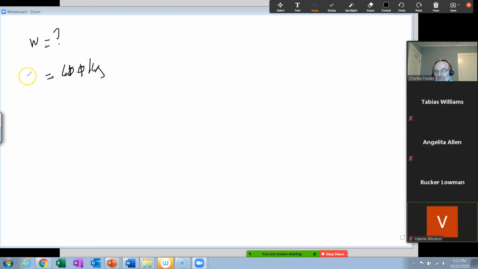What is that measuring? Mass. Kilogram measures mass in the SI units. What is the weight of a 60 kilogram person? 60.0 kilogram, 3 significant digits here, and the acceleration due to gravity, so we're also looking for